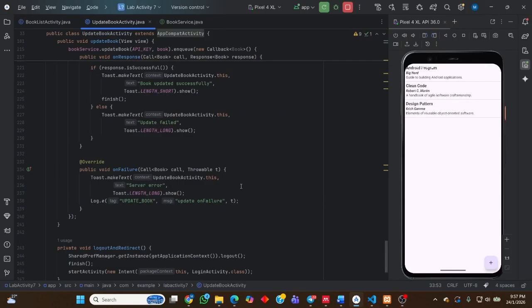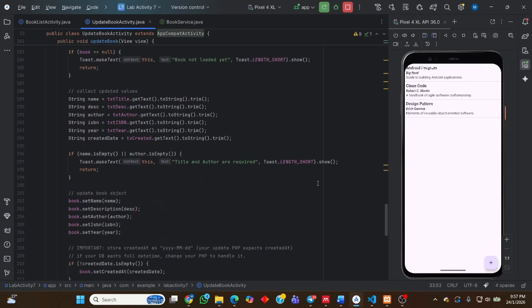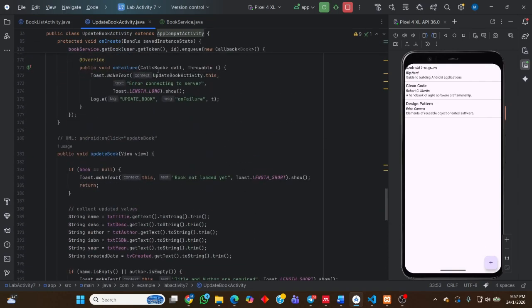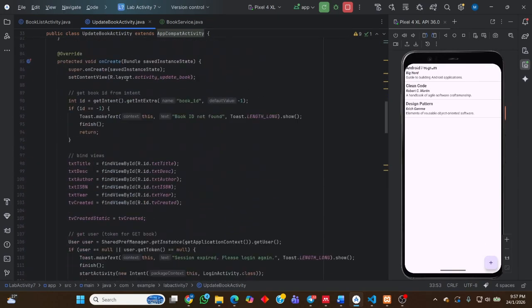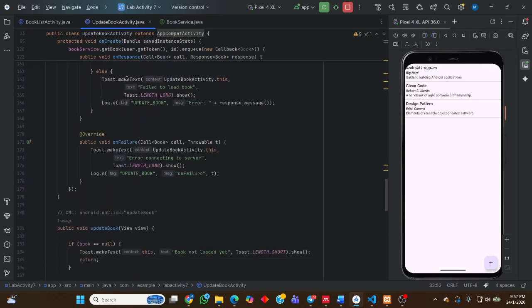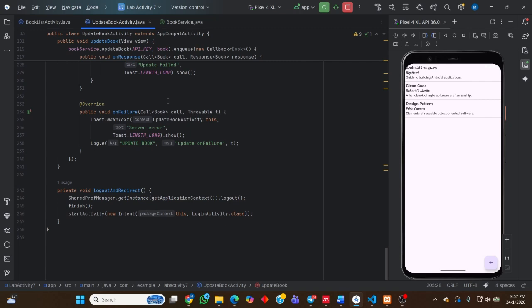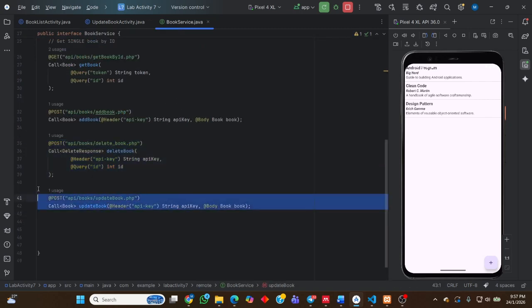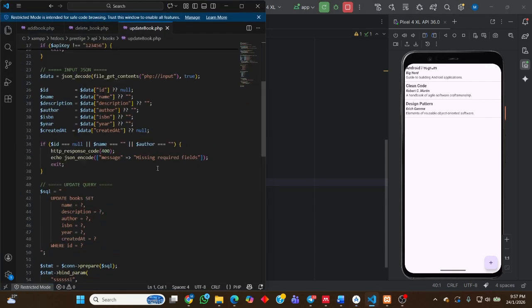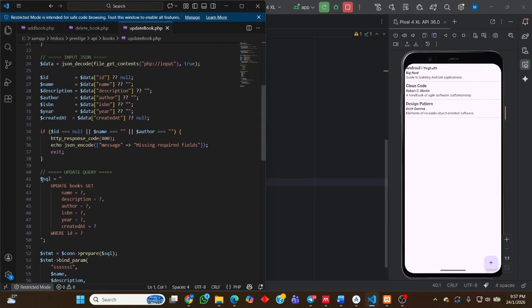Alright, for the last lab, 7.4, we want to update one of our books in our book list. Before we show the application, let's see the coding. The most important part is this update book activity, and the method that we want to see is this method for update book. This is the most important part of the coding, where we set the new book object based on our user input. We look at the book service. We use this post method, so with that we can use this PHP file of update book. We will use this SQL so that our book data will be updated based on the user input.